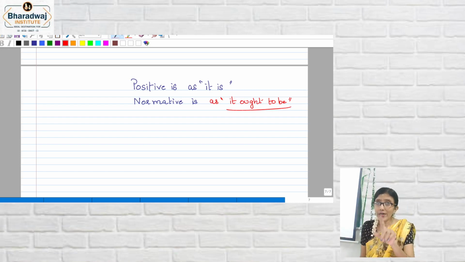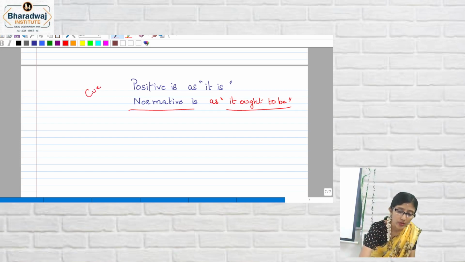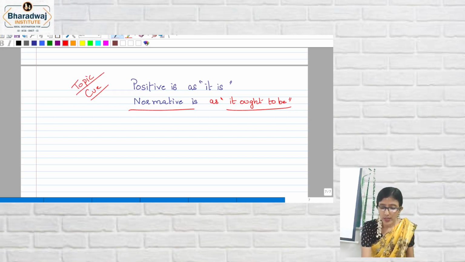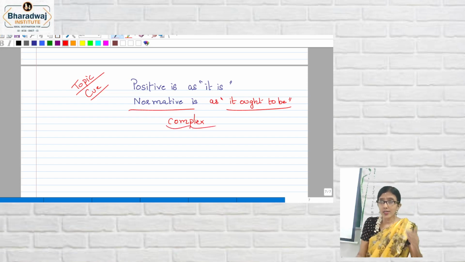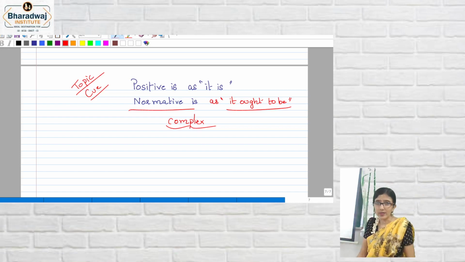Register this: in normative, good and bad, right and wrong, do's and don'ts, philosophies, all will come under normative. This topic is a complex segment, so revision is very important: class tests, class examples, the Bharadwaj material examples. Maybe they will only change them. If you have given inflation, they will give poverty, something like that. And you can go through the book back questions.